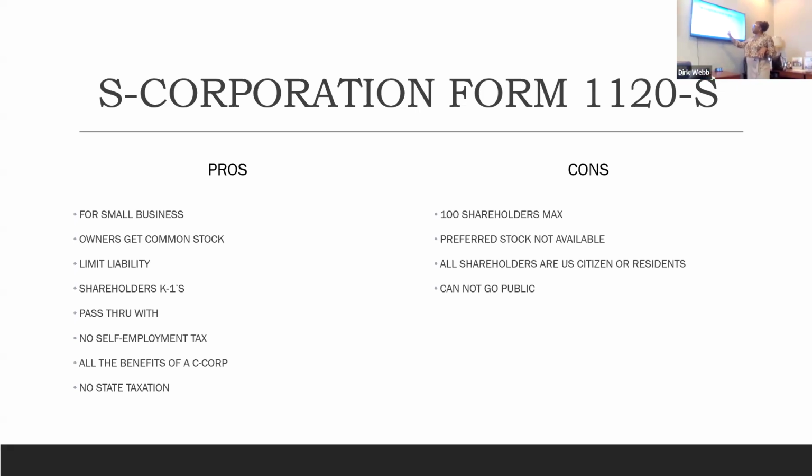And here with this one, you eliminate self-employment tax because the IRS doesn't charge self-employment tax on S-Corps. So if you wanted to set up payroll, you set up payroll on your S-Corp and you're not double taxed. As an S-Corp, you function as a small corporation, a subchapter corporation, even though you're a small business, which means